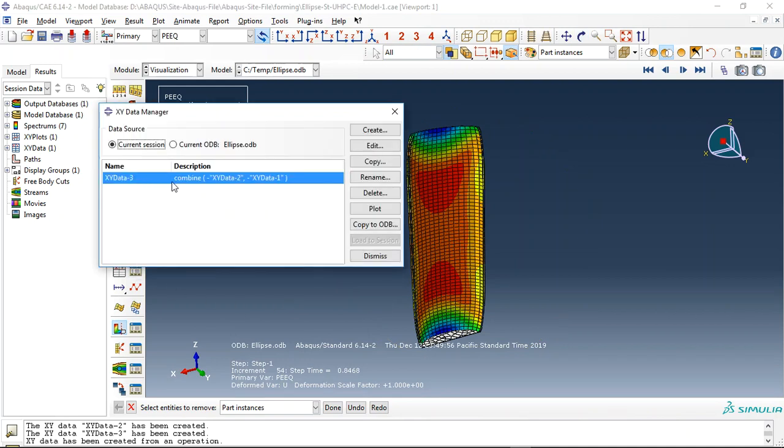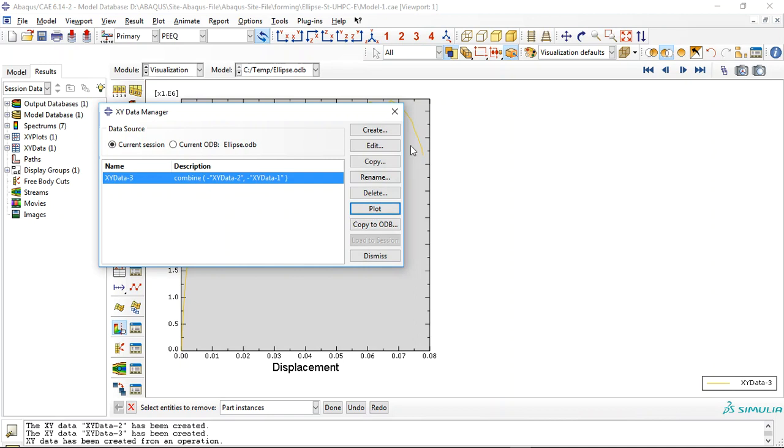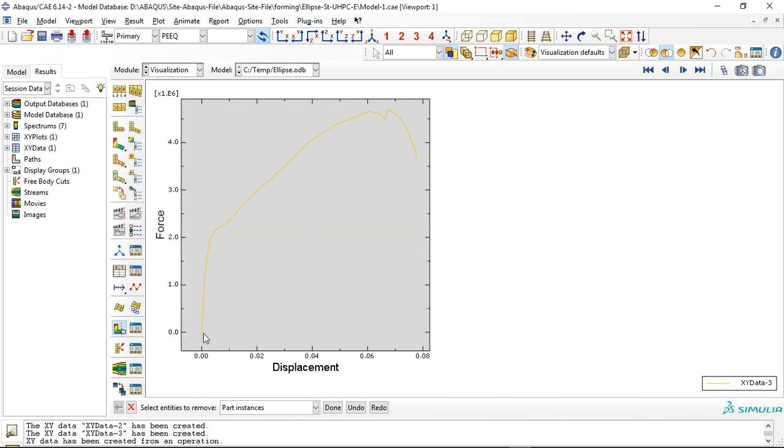But the important thing here is the force displacement diagram. Let me plot it. You can see it is the diagram. It increases till here. Here the contact between the concrete and the steel tube has completed, and after that we have the increase in the force capacity, and here the maximum force capacity